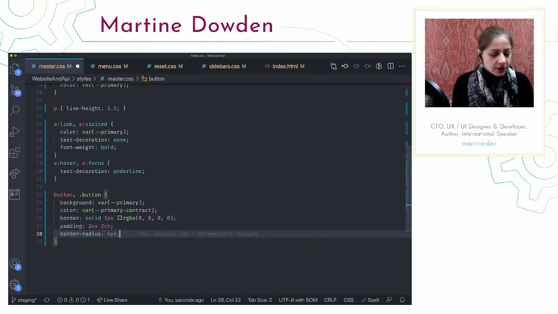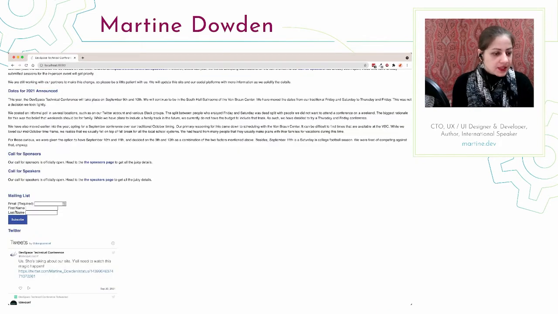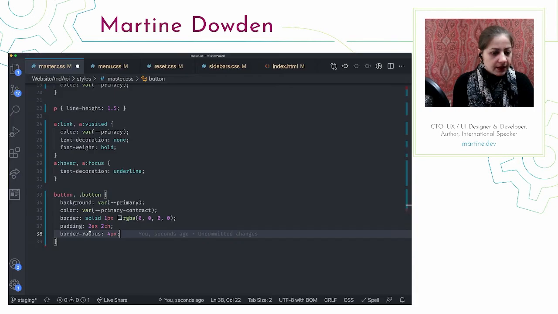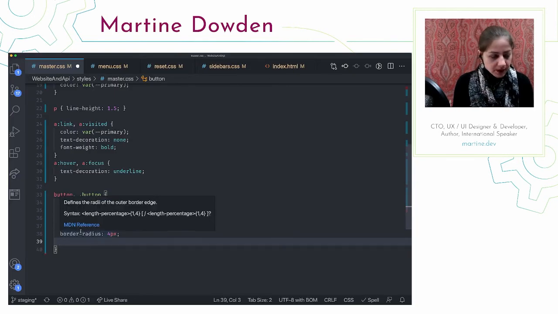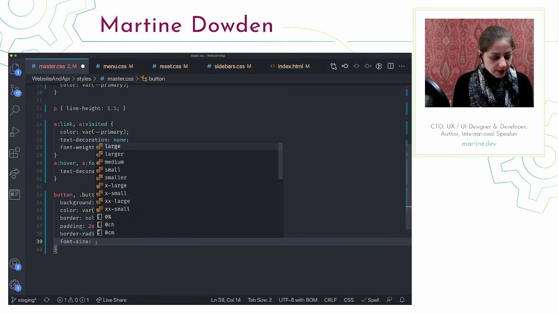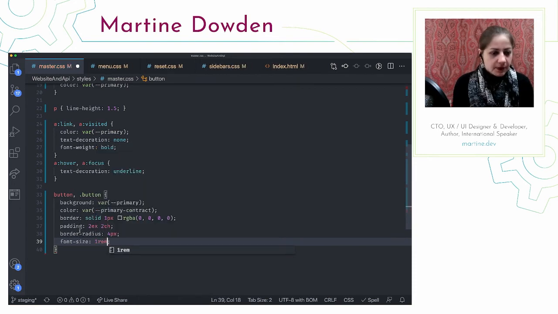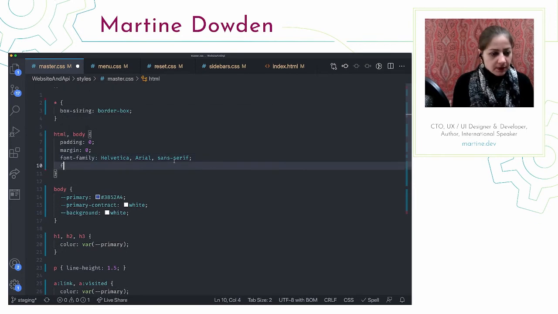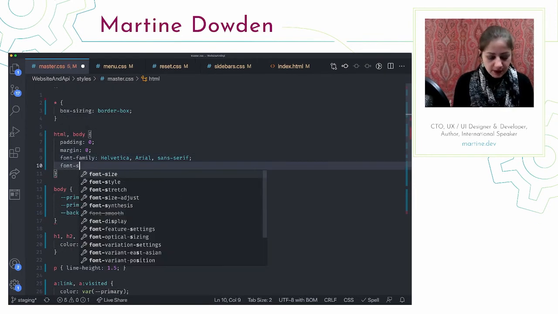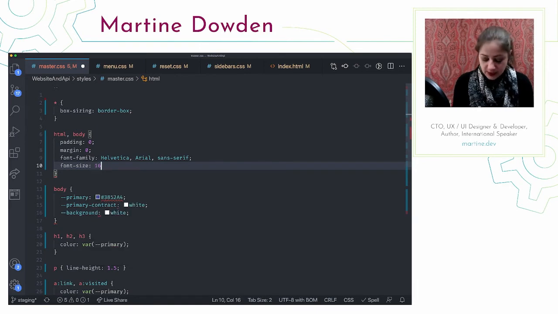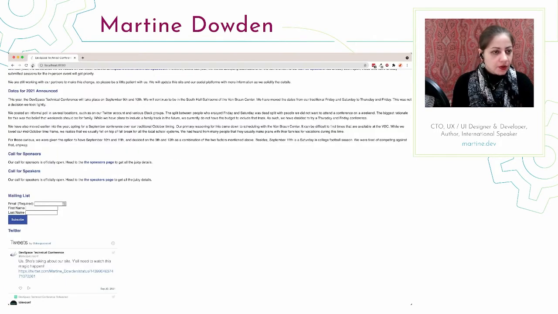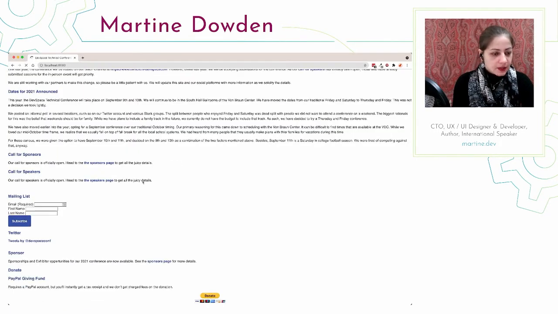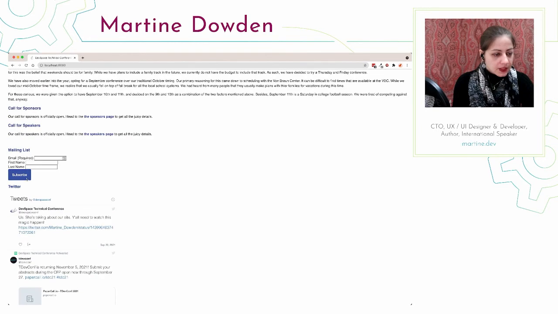And the other thing I'm going to do is, the thing with buttons is, see how the text is a little bit smaller than the rest. I'm going to go ahead and boost that to 1 rem. So font size 1 rem. So it's relative to whatever the base size is, which we didn't set. So we're going to go ahead and do that. And we're going to say font size. I'm going to do a default of 16. That's kind of the web standard. That way we're cool across our devices and across our browsers. So now we're really starting to have something nice.